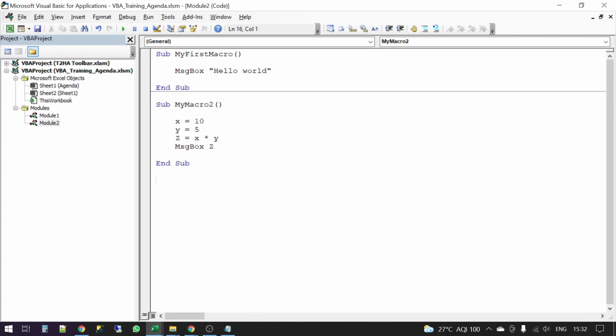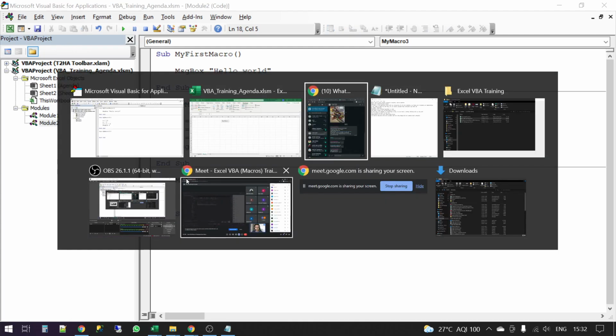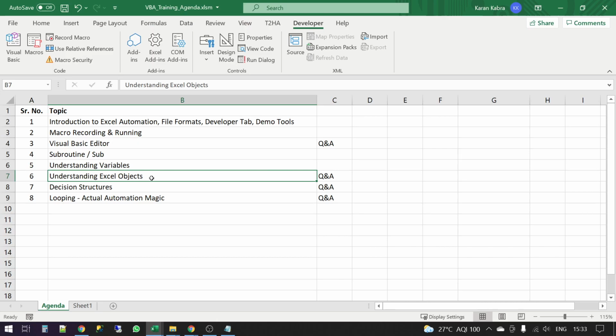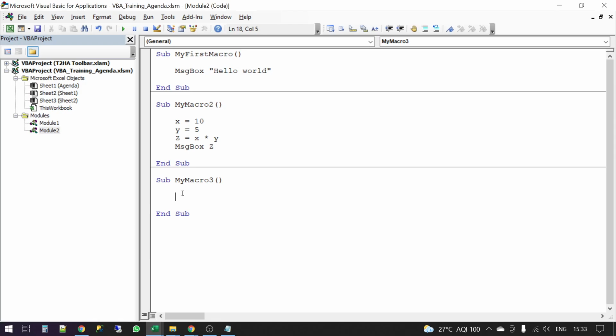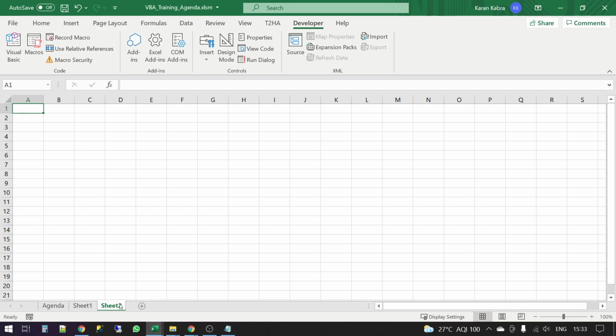Now I will explain the most important part of VBA, which is Excel objects. So just pay attention to this. If you write anything in VBA, if I write anything here, say any activity that I want to be performed, by default it will do it on the sheet which is active. Obviously that is not something that you would want all the time. Sometimes you want to perform an activity in another sheet. Say I am in sheet 2 and I want to do that in sheet 1, right?